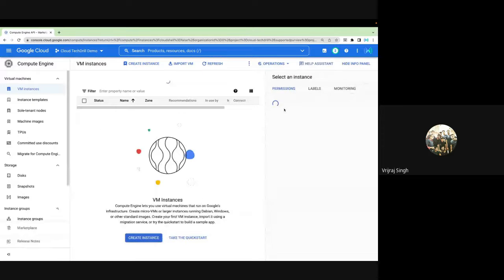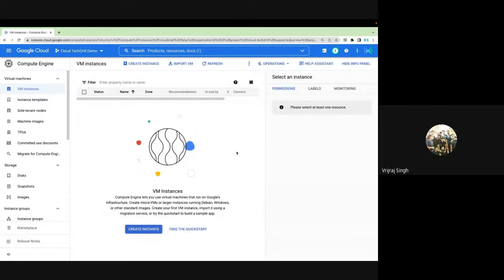So here we have a section for the Compute Engine. Okay, so this is the main section for the Compute Engine. Here you can create an instance. An instance is just like a VM. So let's say I wanted to create a VM, or virtual machine. A virtual machine is just like an operating system where you can put your HTML, CSS, or JavaScript file or any code which you have written with the help of any programming language. So let's click on create instance,